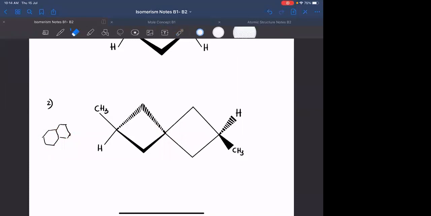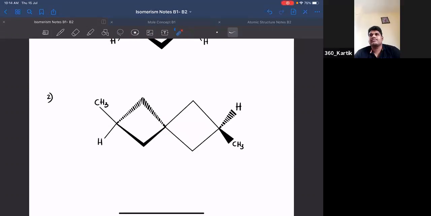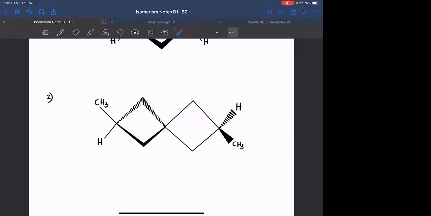Okay, we are seeing isomerism in spiro compounds. यहाँ पे देखना. This carbon is sp3. If it is sp3, this is attached to 4 groups. 2 groups must be in the plane and 2 groups must be out of the plane. You can visualize any sp3 hybridized carbon as though two bonds are in the plane, one of the bonds is going into the plane and the other bond is coming out of the plane. Agreed?